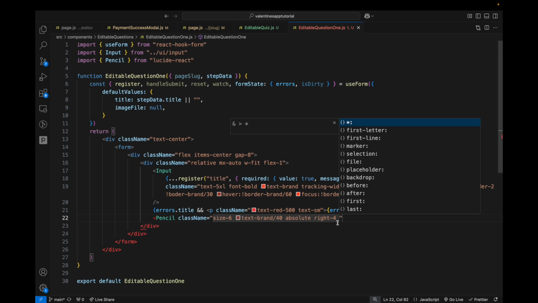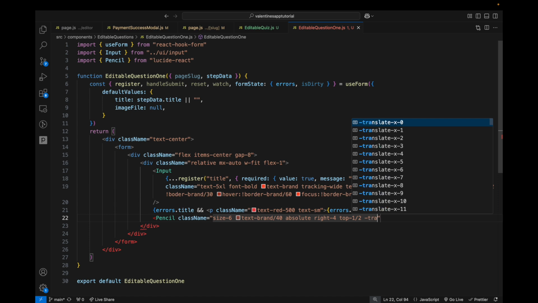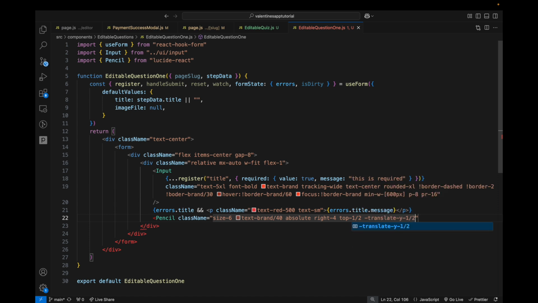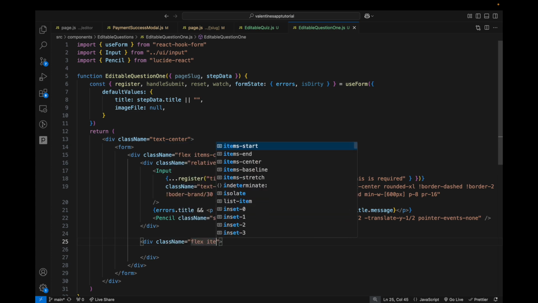Okay, so right-4, top-1/2, -translate-y-1/2, and then pointer-events-none. Let's close that. And below this closing div, let's open another div with a class name of flex items-center,